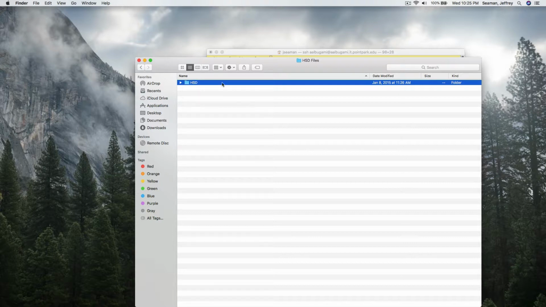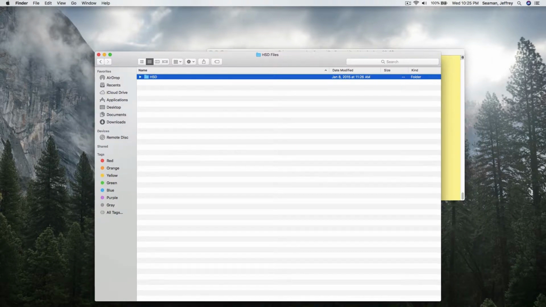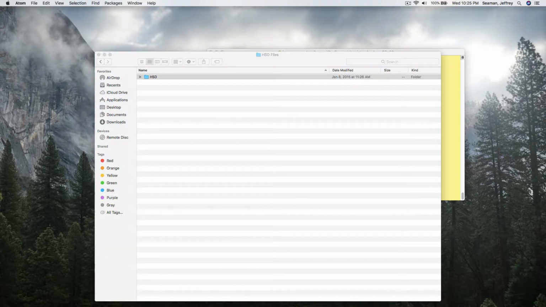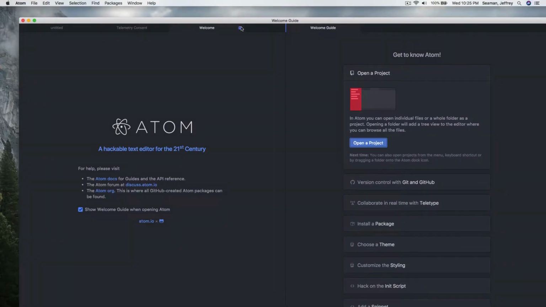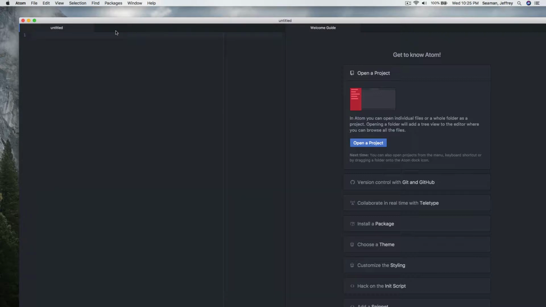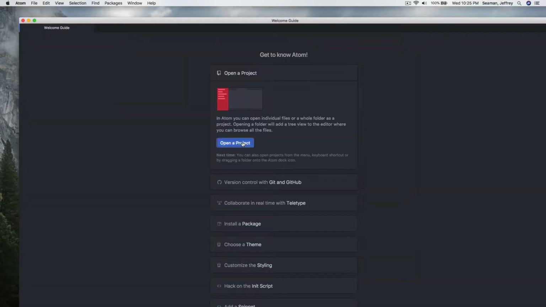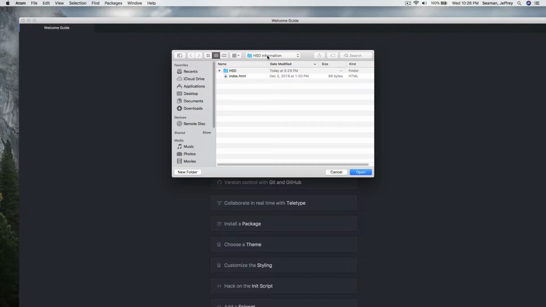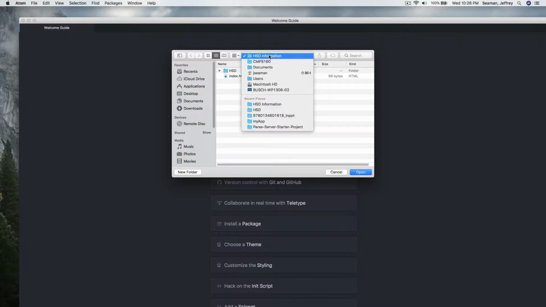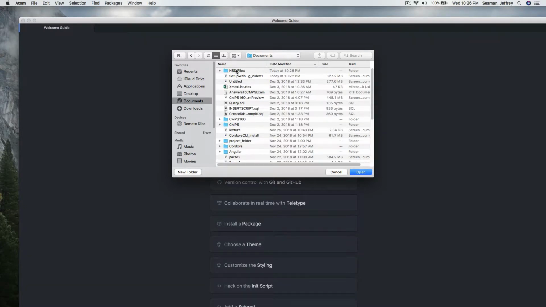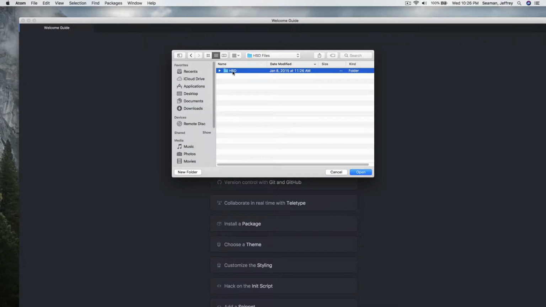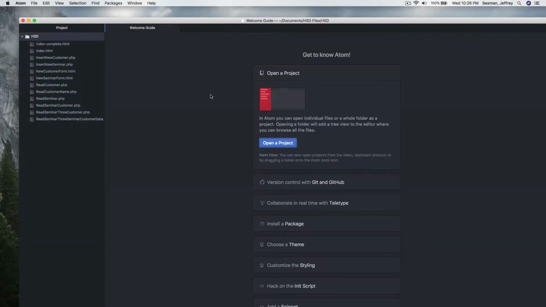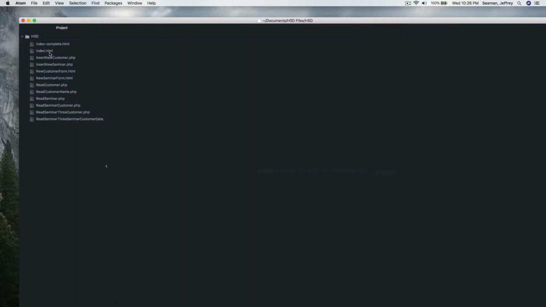All right, excellent. The next thing I want to do is open it up in Atom. So I'm pulling up Atom right here. I'm going to close this out, do Open Project, and find that folder. Make sure I got it. Downloads, HSD files, and I'm going to click on this and click open. Now you should get a list of stuff,